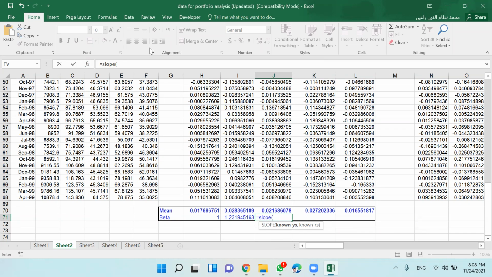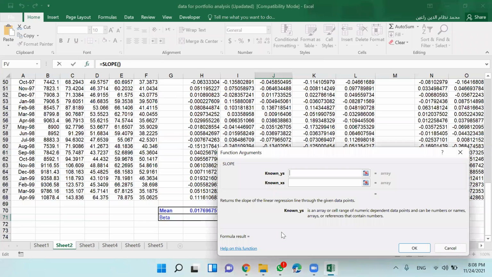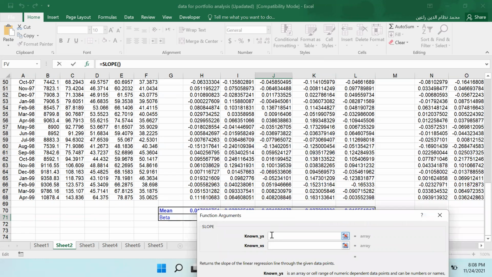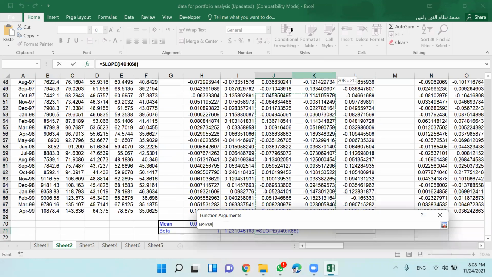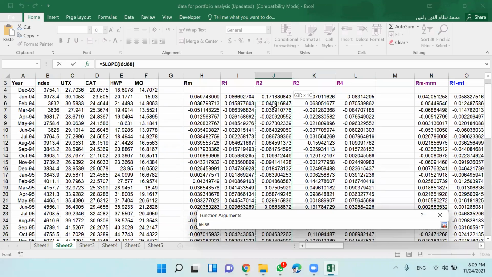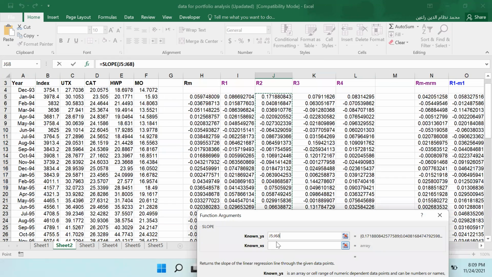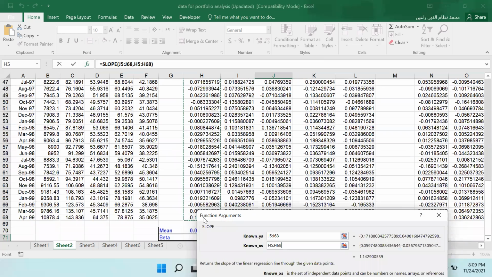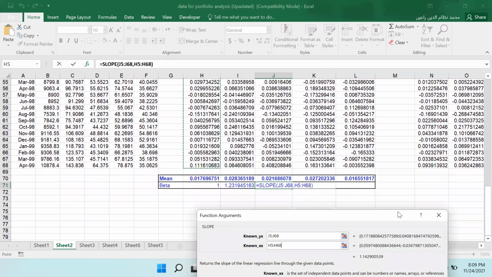Then you use this fx function, pick your second company here, choose the data on the second company, and then put the cursor in this dialog box representing the X value, give the market return, and then you close the parenthesis.